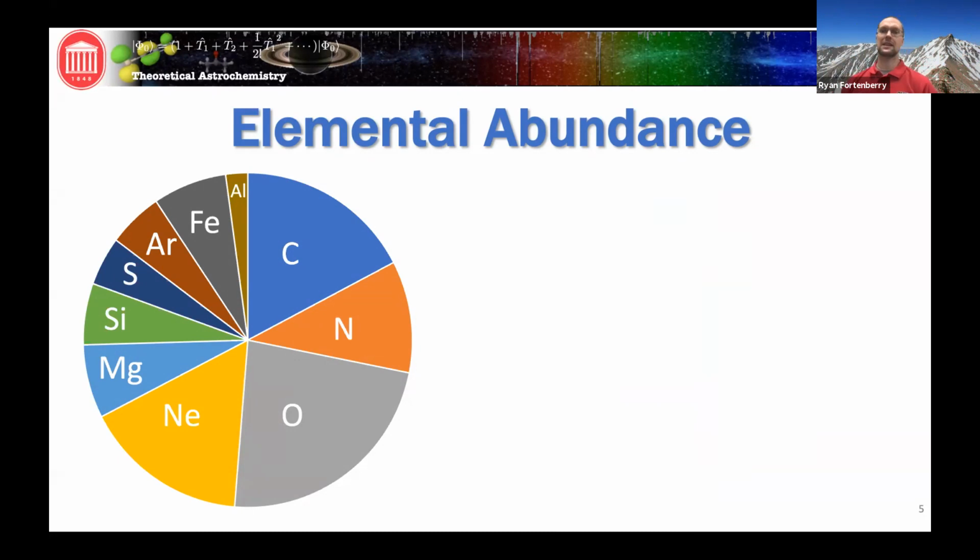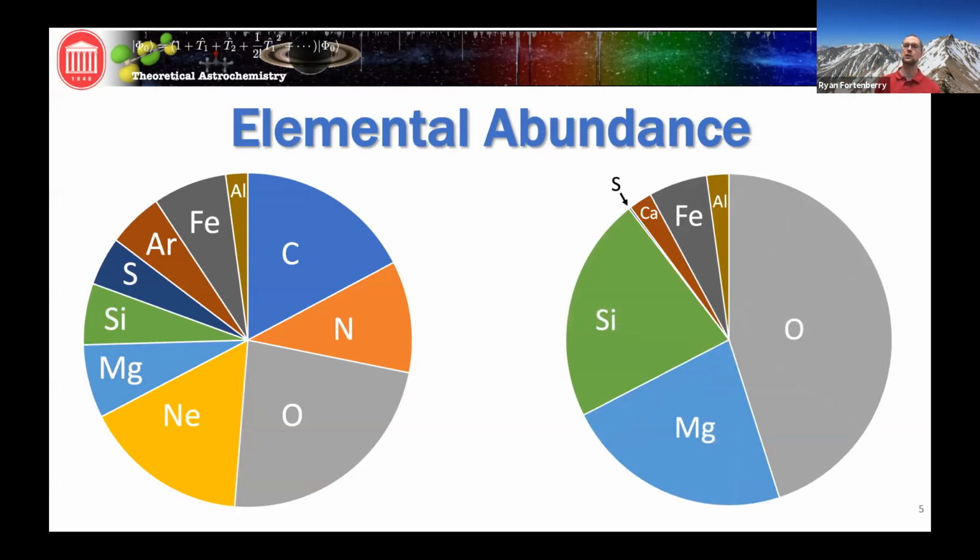And one of the things that we as astrochemists can do is to explore what these potential reasons might be. So let's look at one object, one of my favorites. Hopefully it's one of all of your favorites too. It's our beautiful Earth. And the Earth's mantle has an elemental composition roughly split up in this way. We've got tons of oxygen, a good bit of magnesium, a good bit of silicon, and some other things. But there's not a whole lot of carbon or nitrogen or some of the other volatile things.